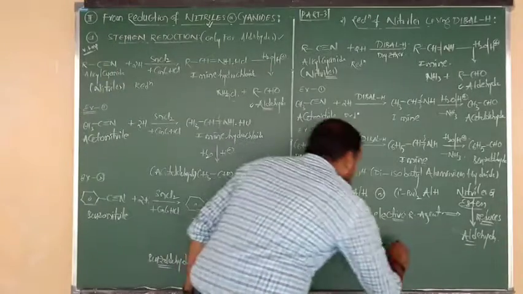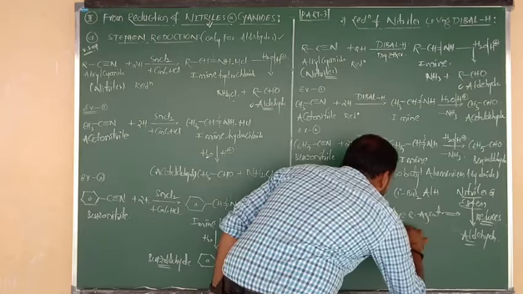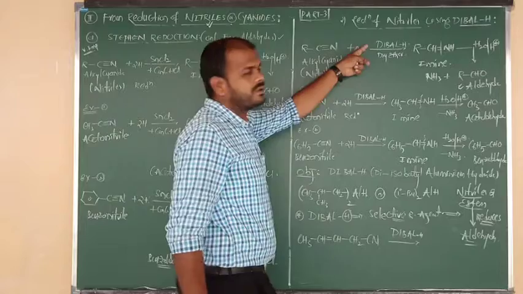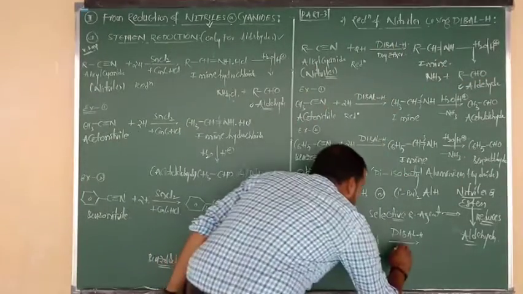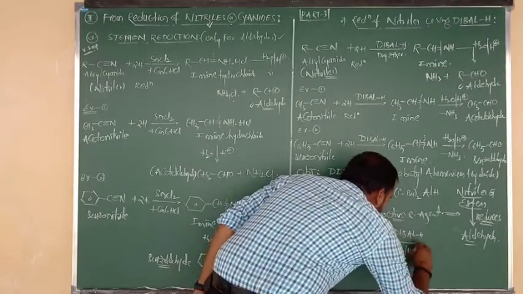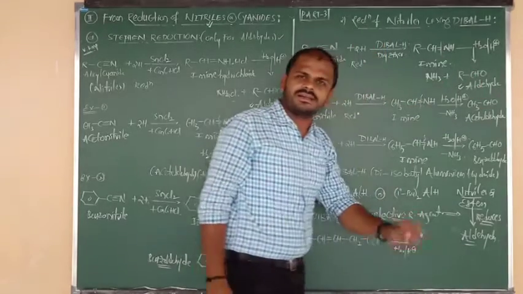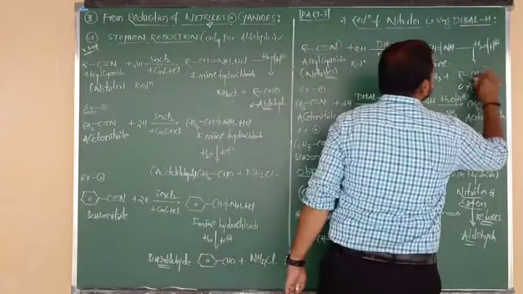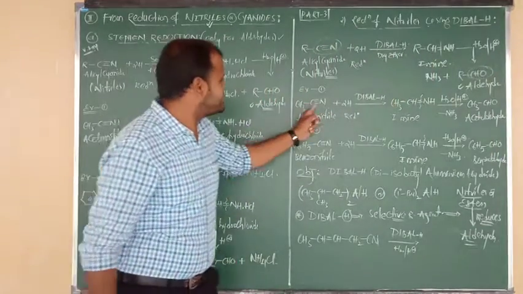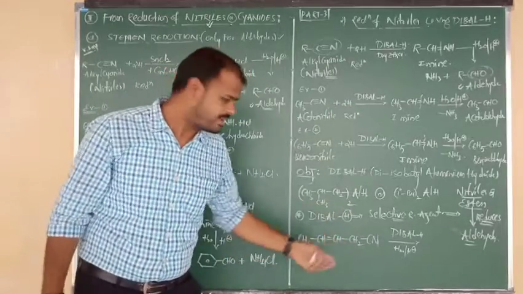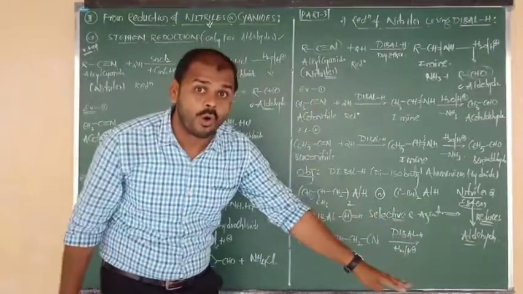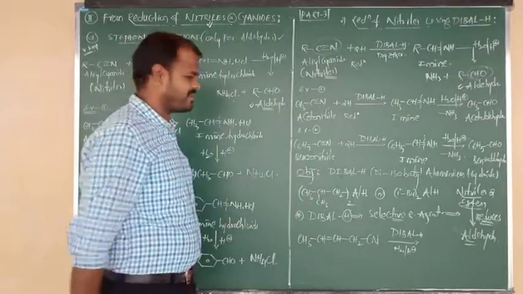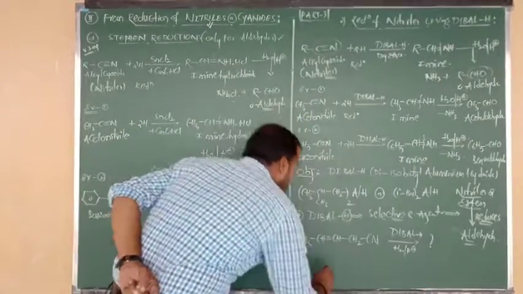Okay, now. Upon the arrow mark, here I have given the condition, nothing but DIBAL-H, followed by hydrolysis. So after hydrolysis, the product we get is an aldehyde. Nothing but the CN group changes into CHO. CN to CHO, CN to CHO. In all examples, you can check. Here also CN only changes into CHO. The double bonds remain as they are because they won't be affected by DIBAL-H. Good. So what is the effective answer here? What is the effective answer?